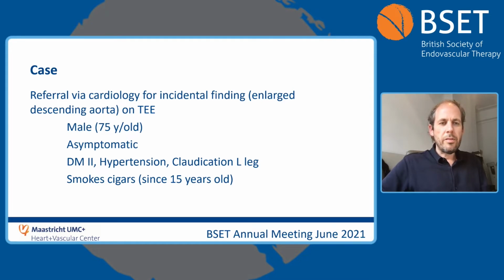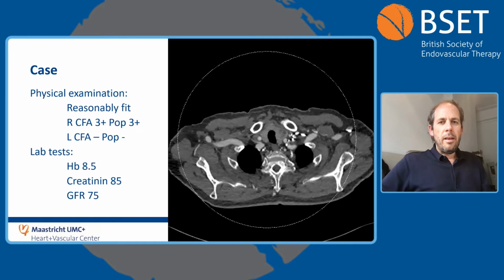He's a male patient, 75 years old. He's asymptomatic at that time. He's suffering from diabetes, hypertension, claudication of his left leg, and he has smoked cigars since he was 15, a good old Dutch habit. He was reasonably fit, had good pulses on the right, absent pulses on the left, and